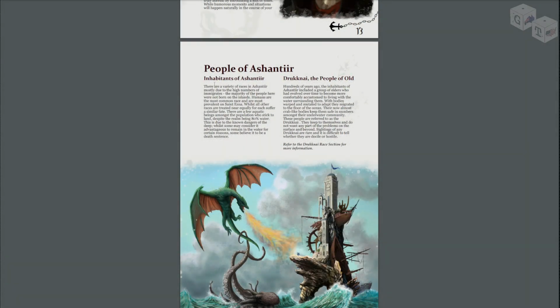People of Ashantiir, the inhabitants. There's a variety of races in the Ashantiir, mostly due to the high numbers of immigrants. The majority of people here were not born on the islands. Humans are the most common race and are most prevalent on St. Esna, whilst other races are treated near equally, for each suffer a similar fate. There are a few aquatic beings amongst the population who stick to the land despite the realm being 80% water. This is due to the known dangers of the deep. Whilst many consider it advantageous to remain in the water for certain reasons,